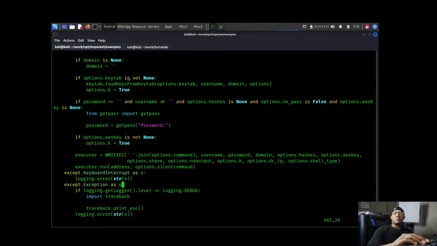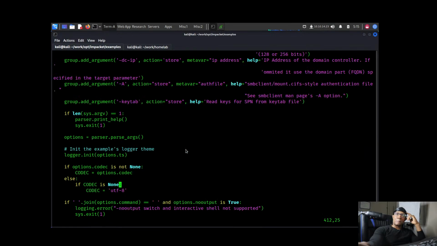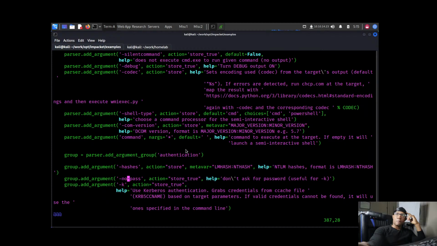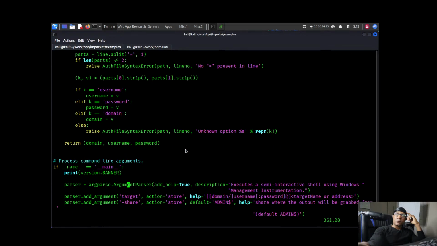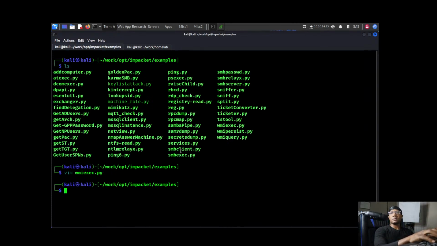I wish there was a way, in Python, to know what's being run, like a built-in debugger. If there is, my bad. I'm a noob. I don't know anything about that. Maybe we'll Google that later. So, what are we in? Is this Wmiexec? Yeah. I think Wmiquery is a lot more interesting because I think Wmiquery,